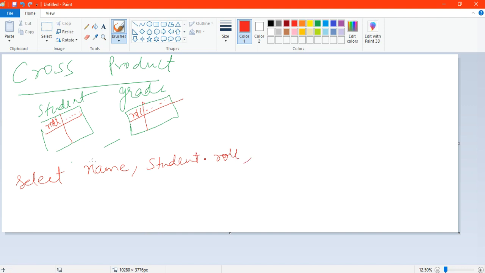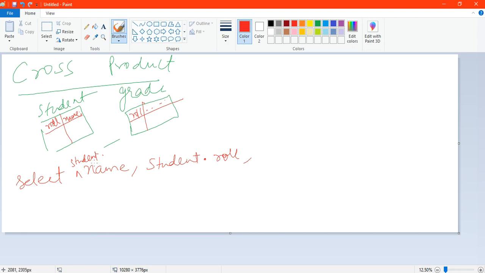Here also name is present in the student table. You could have written student.name, but name is present in only this table, so you could directly write name also. There will not be any confusion because it automatically knows that name is only present in the student table.